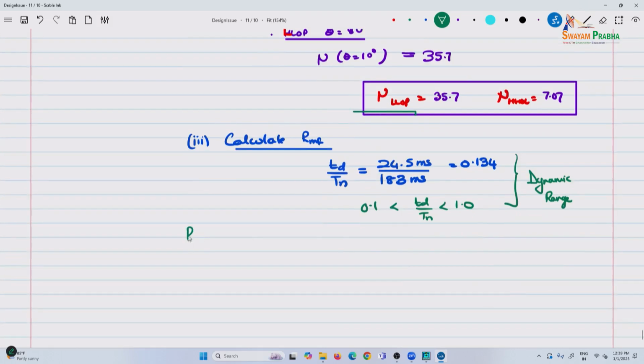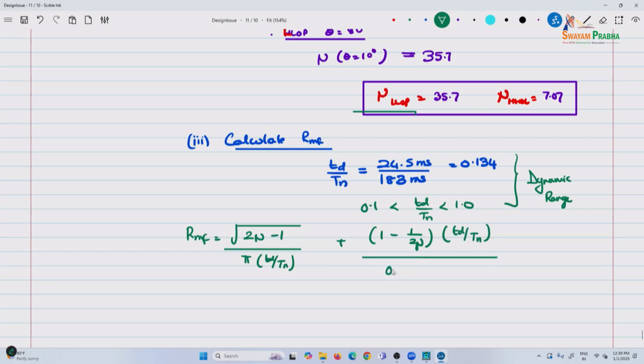So RMF is square root of 2 mu minus 1 by pi TD. Maybe one of you can calculate for LLOP, somebody can do for LLOP and here for the heavy, plus 1 minus 1 by 2 mu TD by TN divided, bless you, 0.7 plus